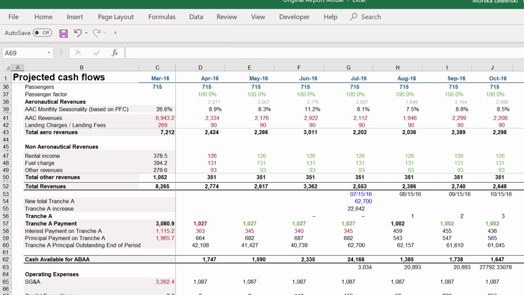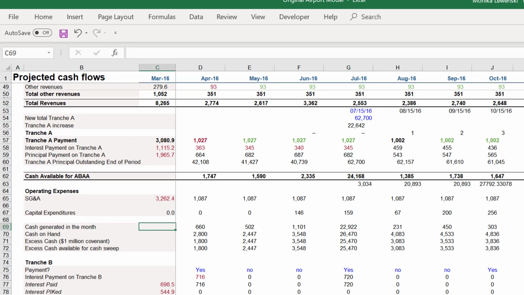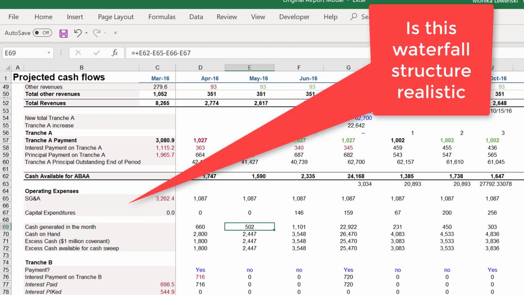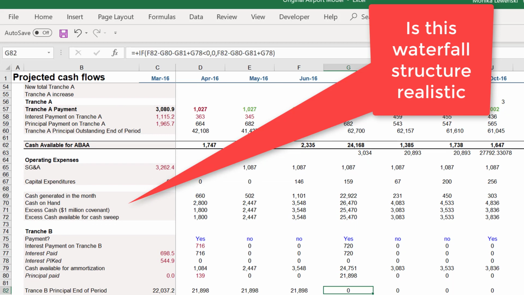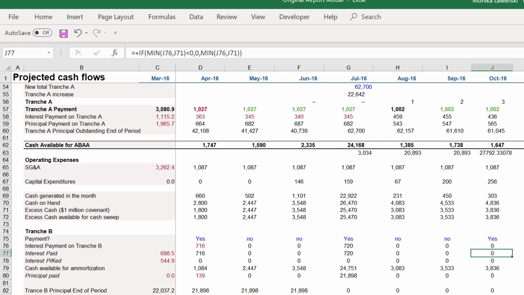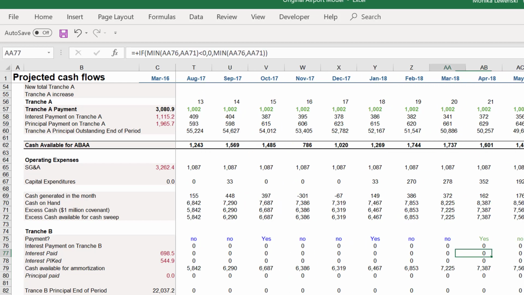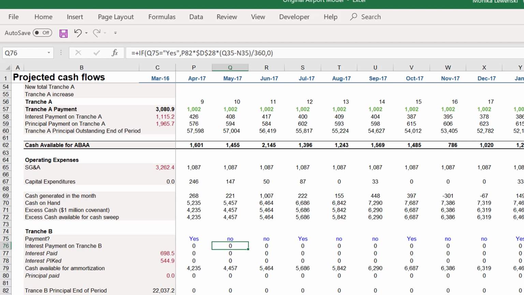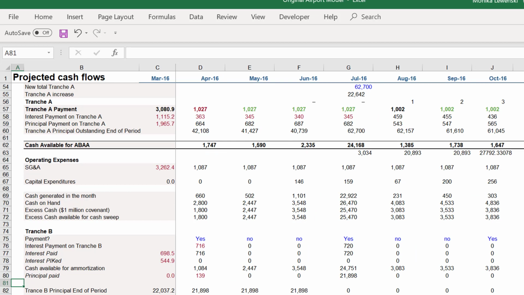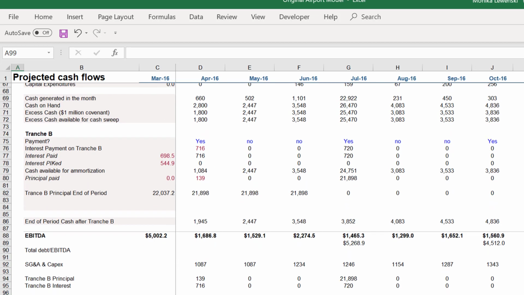And then the real issue is, do you take the revenues and then pay the tranche A, then pay the OPEX? So what? You're going to pay off the debt and tell all the workers, I already said this, they can't get paid. And then you see how much cash you have left, and then you have this waterfall. This little minimum formula is about the only formula they had in the waterfall. That does seem to be a consistent formula. They put yes, no. Of course, we need a switch for this. And there's some payment in kind debt. So the waterfall issues are a little bit complicated.